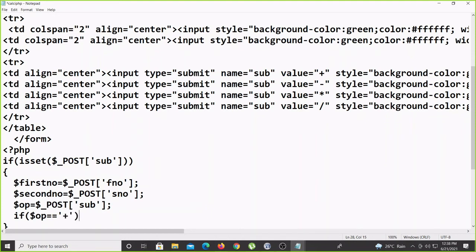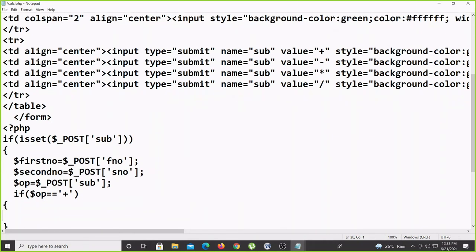In that case, what I have to do here is add the first number and second number and store it inside something, $result equal to $first number plus $second number. Done. So if the value is plus, then the value is the addition of these two.